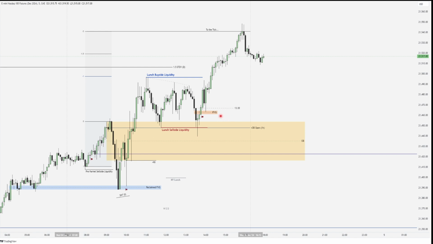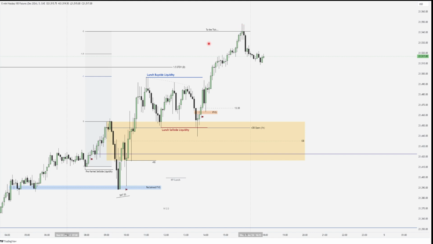I recently discovered that also through a teaching of ICT, which was actually a very good lecture. It was a very long one, but it was really good. And putting it in the context of market maker models, I found it very insightful. So the market came back down to this order block, then really started expansion higher above the lunch buy side, reaching for that 1.5 standard deviation on the daily chart, and then it was just a whole algorithmic spooling higher, barely any retracements, no retracements actually on the 5-minute chart of significance, and just kept on going higher.